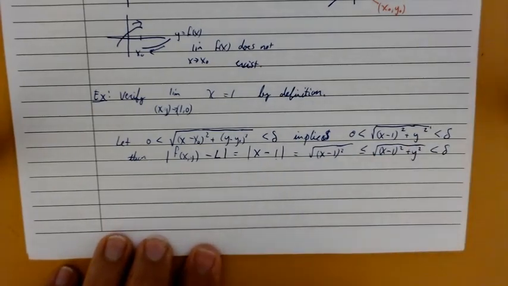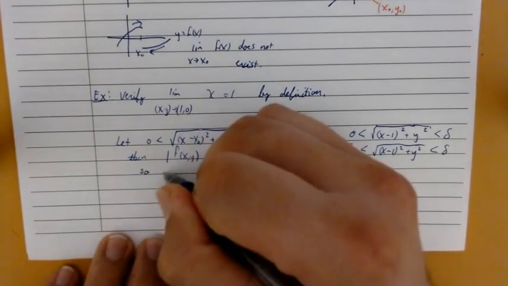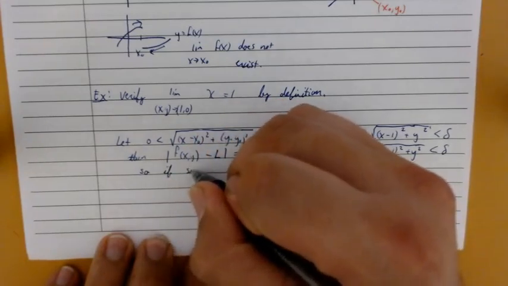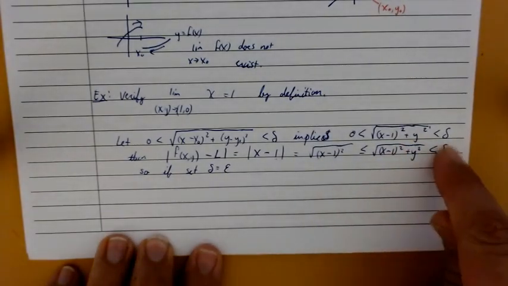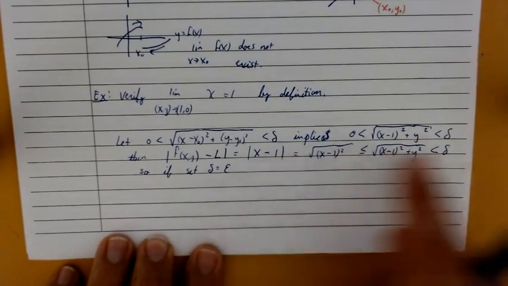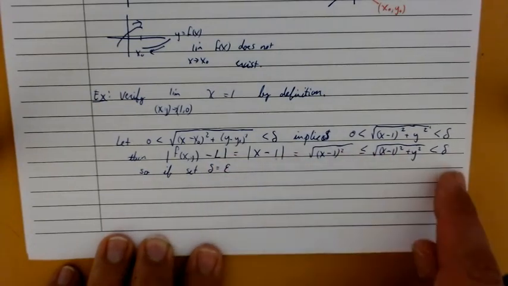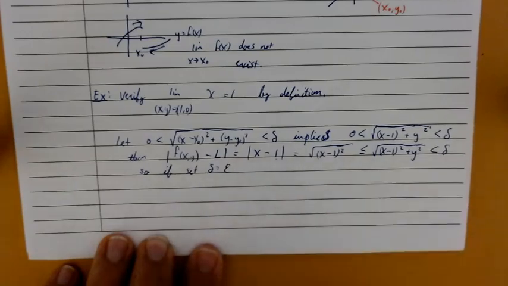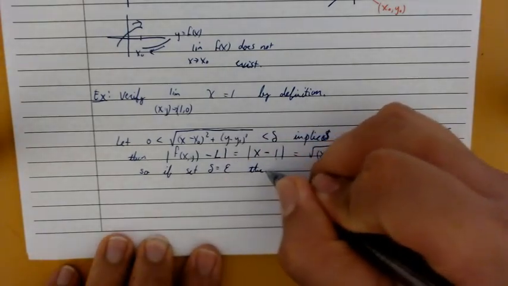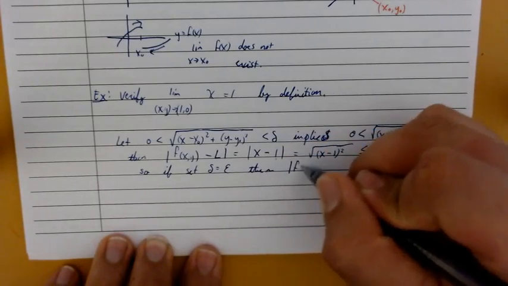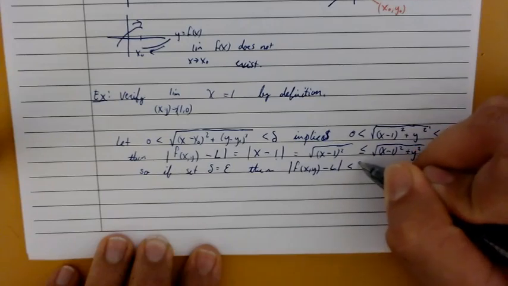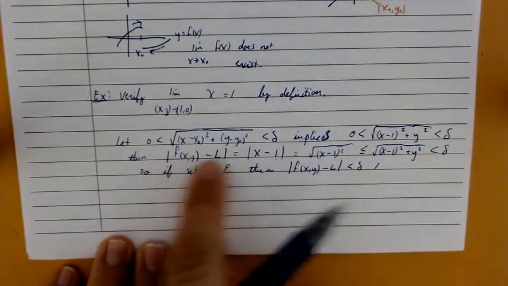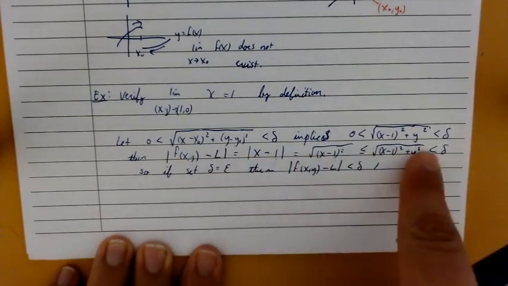But then we began by saying, oh, less than delta. So if we just set delta and epsilon equal to each other, so if we set delta equal to epsilon, then if this is true, then that is less than this, which is less than this, which is less than this. But if you're saying delta and epsilon are the same, then this is less than epsilon. Then absolute value of f of x comma y minus L is less than delta, right? Basically, this is less than or equal to this one. You can cut out all the middlemen,